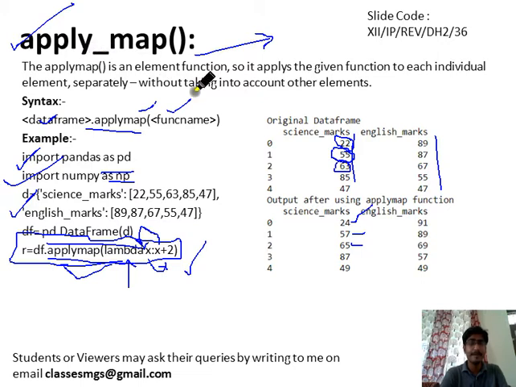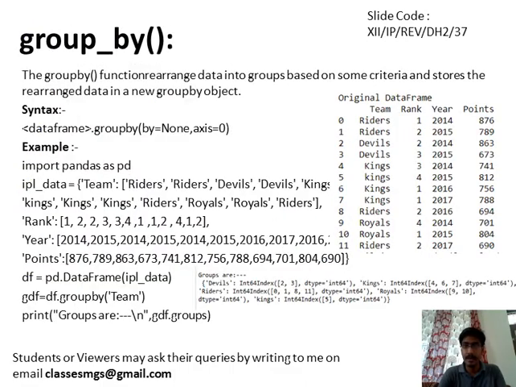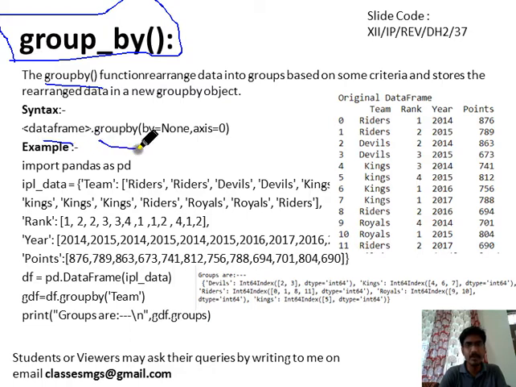Applymap, apply, and another function, the pipe function, we have discussed. Okay, let me move ahead. Now we will see another important function, groupby. A question may be asked on this function also, either of 1 mark or 2 marks. Groupby is very similar to the group by concept we have discussed in SQL. The syntax for groupby will be data frame name dot groupby, then the column name by which you want to group the data, and then axis equals 0 or 1 for column wise or row wise.